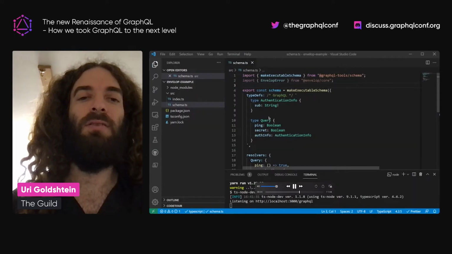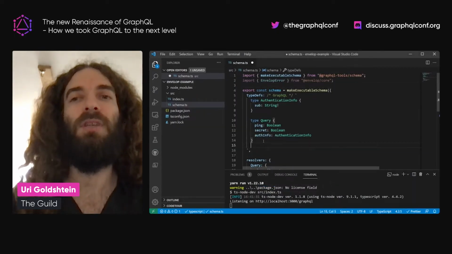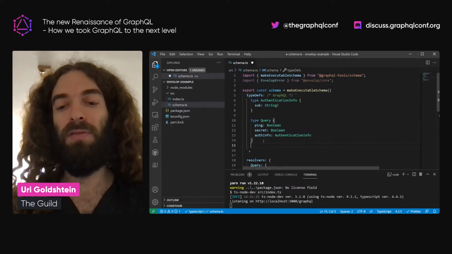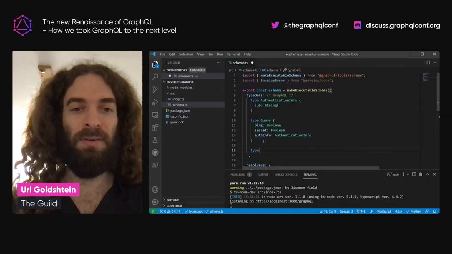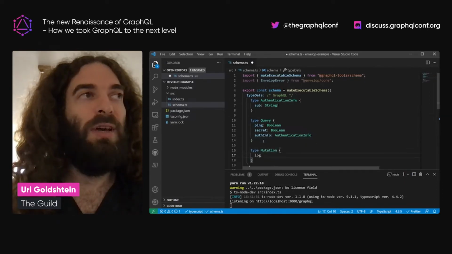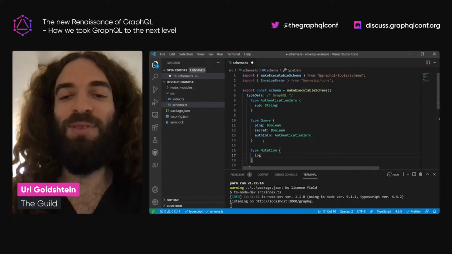And if we're not authorized, it will give us an error. So really check out, if you're using Auth0 with your GraphQL servers, the Auth0 plugin that Envelope has.